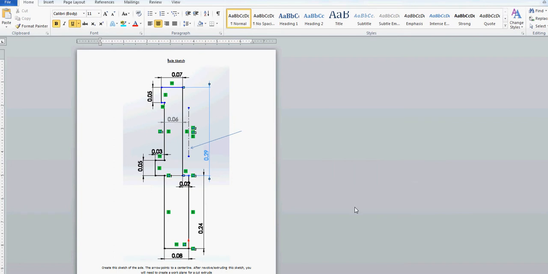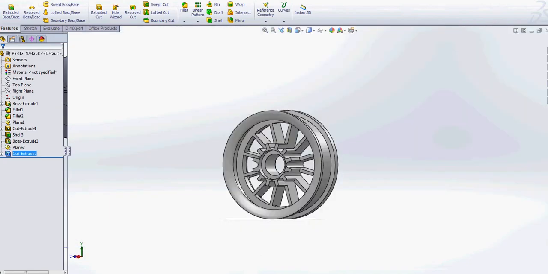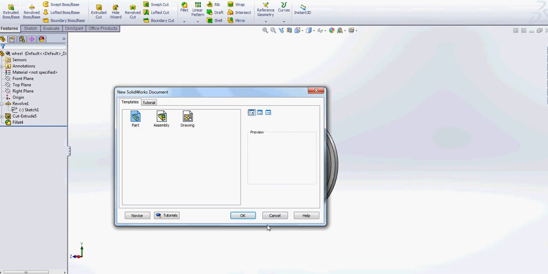Okay, so now we're going to create the axle, and I've got a sketch here of the axle provided for you with the dimensions. Note that the center line here, around which you will revolve this sketch, is exactly in line with this construction right here. Okay, so in SolidWorks, you will create a new part,